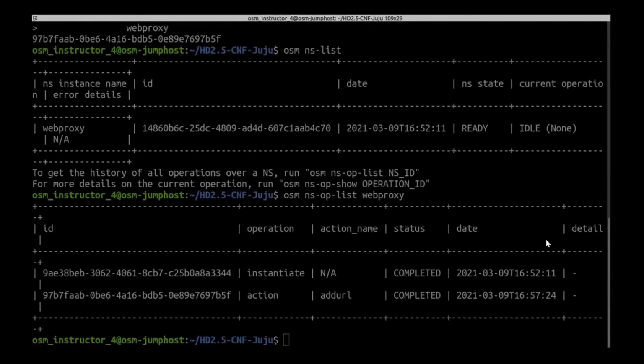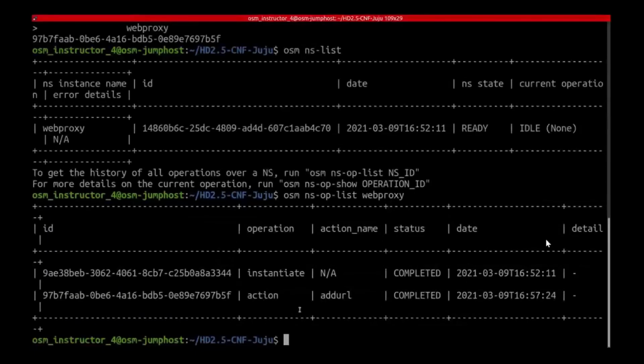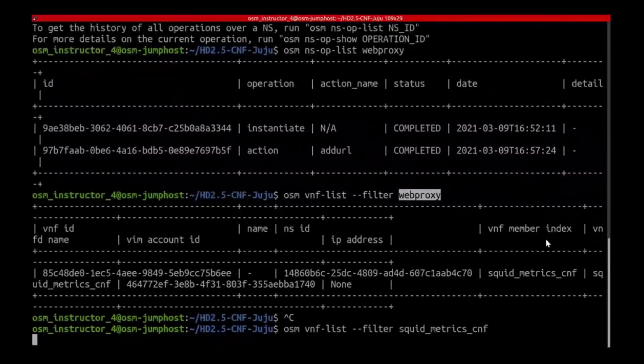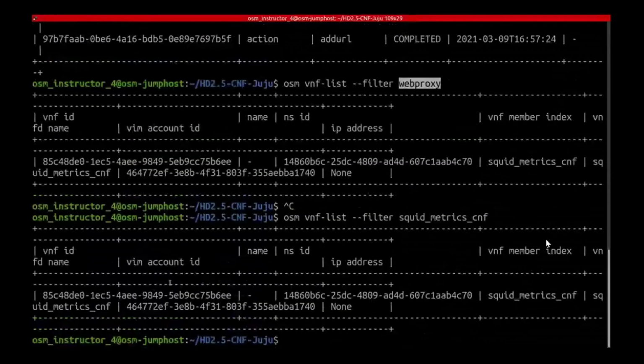Well, first of all, we can do an OSM VNF list. Sorry, forget that. Okay, so we get the VNF list,